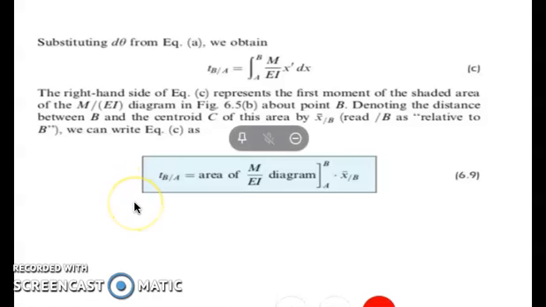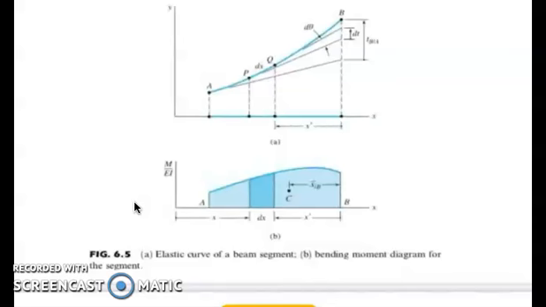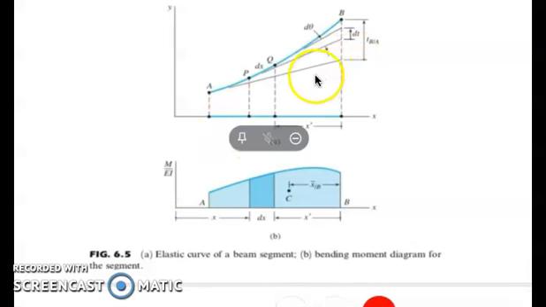So this is the figure that we're referring to, in our figure, this one. So that is the equivalent value for our equation, and therefore if we try to denote the distance between a and b and the centroid C of this area by x bar of b, and that can be read as relative to b,